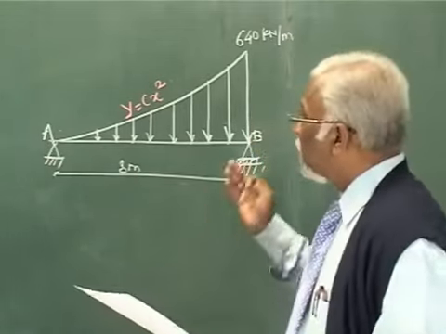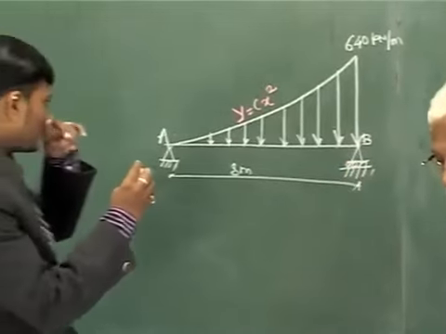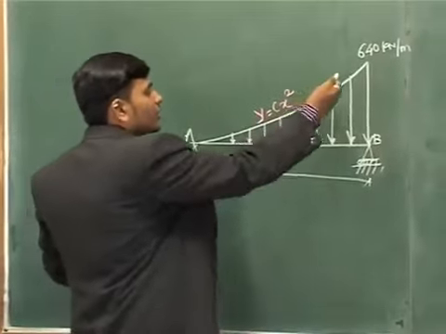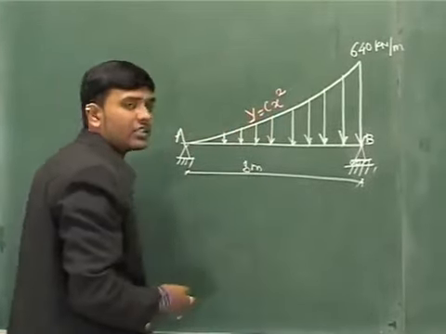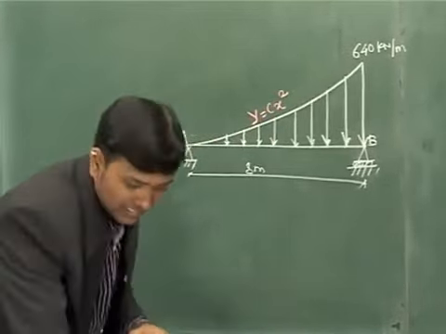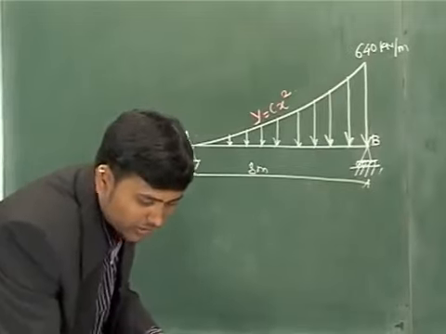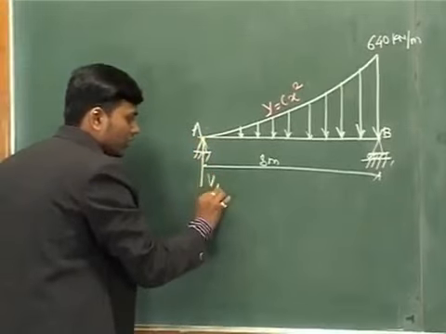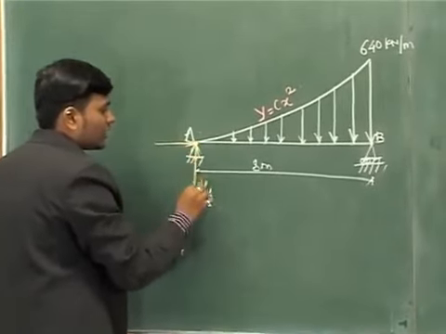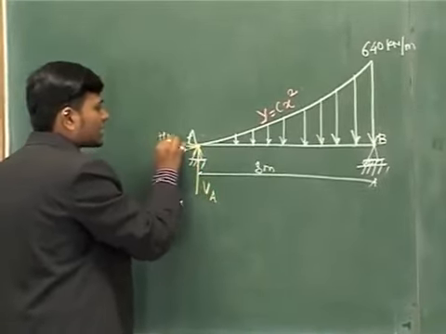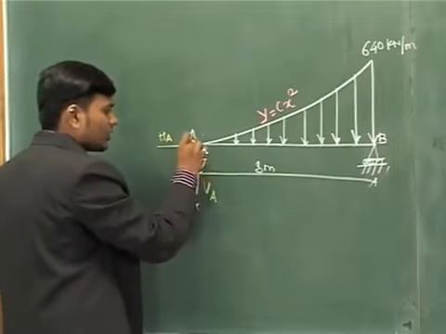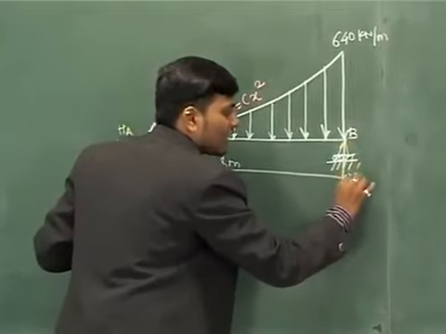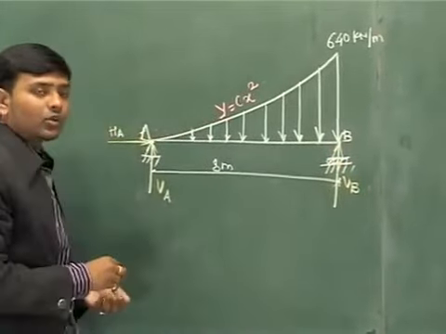Yes, Raviraj, please. Yes, sir. So this is the problem of a load governed by the equation y is equal to cx square. As your procedure says, first you have to calculate the number of reactions and number of equations, and find out whether you can solve it by the 3 equations. So vertical reaction at A, horizontal reaction at A, these are the reactions at A since it is a hinge support, and vertical reaction at B since it has a roller support.